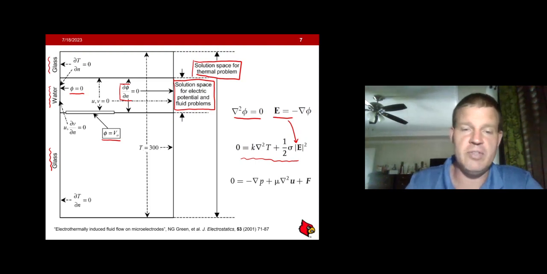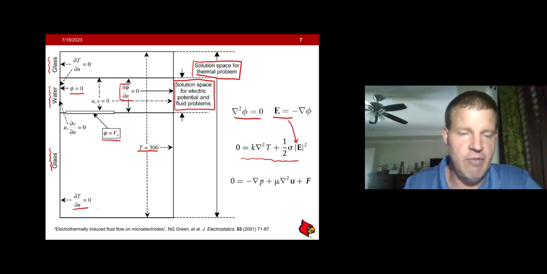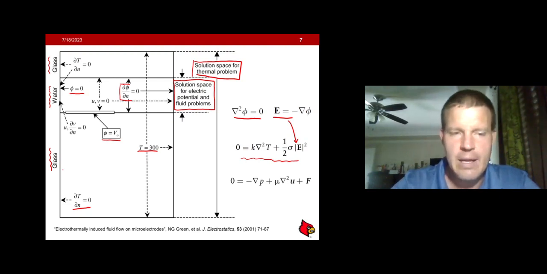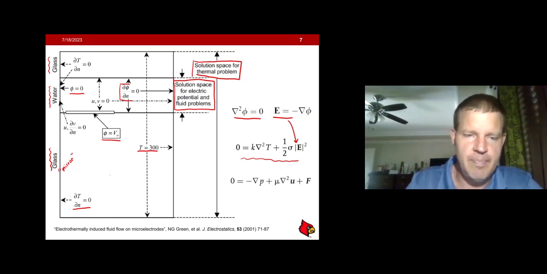So let's go over that for a second. When you have your thermal space, they say the outside boundaries are at a set temperature, and then you have an insulative wall here. In this case, they are not showing it. You're looking at this and saying, hey, I only see one electrode. Why is that? Think of it as a mirrored boundary condition, because their system, I'm going to draw just the electrode part. So I'm going to draw an electrode here, a small gap, an electrode here, and then where I'm going to have my dashed line,